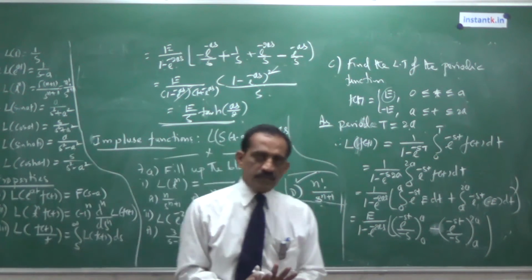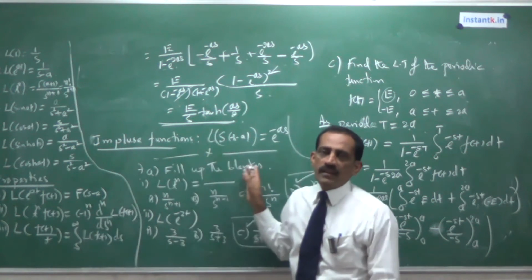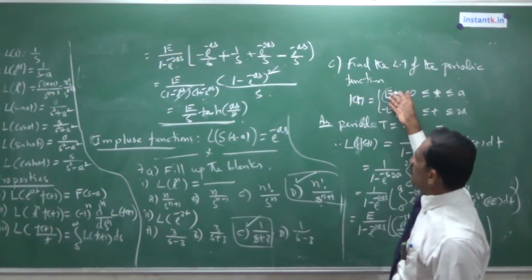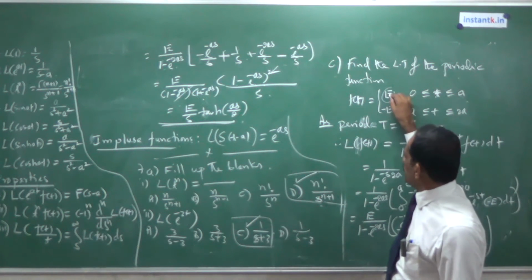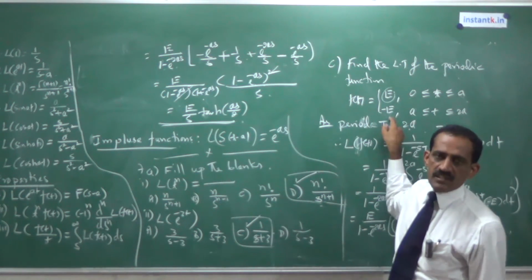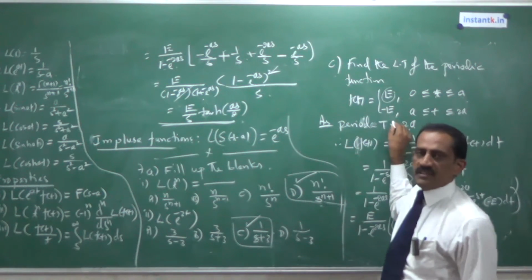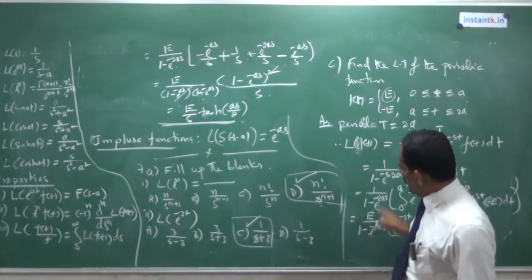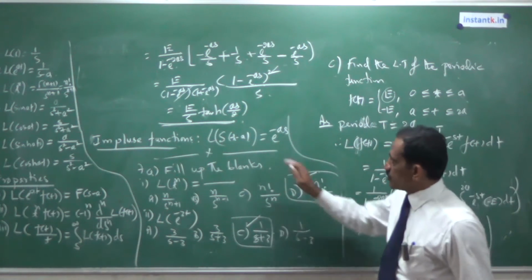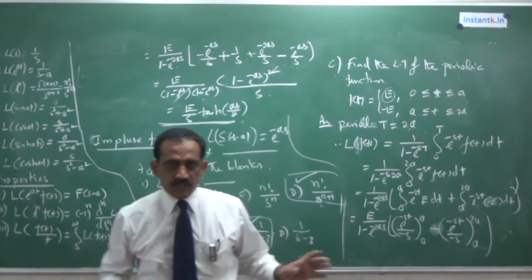So in every question paper, the second question will be a problem of this type. Only a small change in the value of f. f may be 1 or some other function. It may be t. It may be 2a minus t. It may be pi minus t. Simple functions will be asked. But there you should know how to get the correct steps. So this is the Laplace transform for periodic functions.